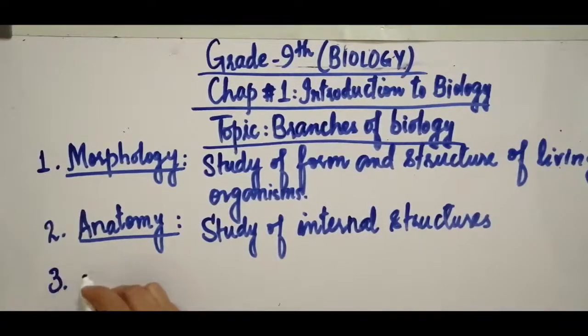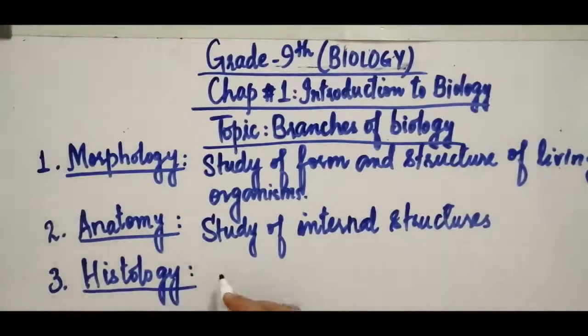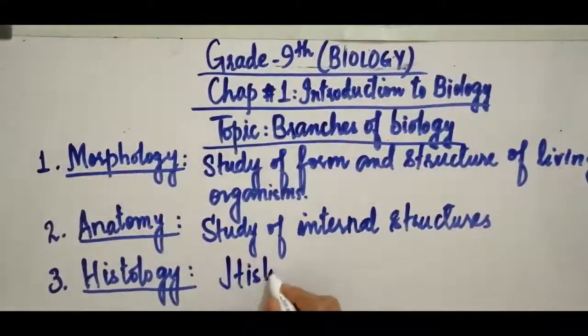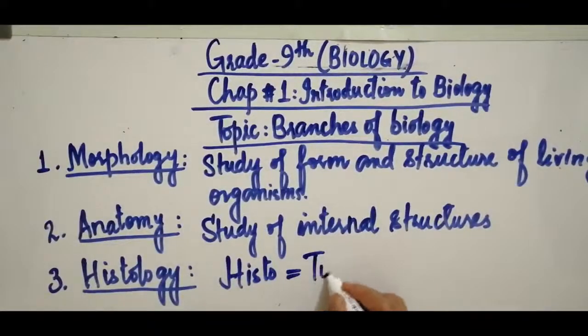The third branch of biology is called histology. Now, what is the meaning of histology? The word histo comes from tissue. What is the meaning of histo? Tissues. So by the name it is clear, logy means study. So it will simply become histology, meaning study of tissues. Which sort of study? The microscopic study of tissues. Microscopic study of tissues is called